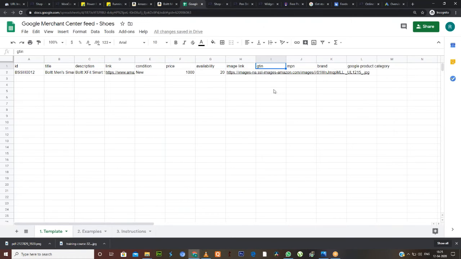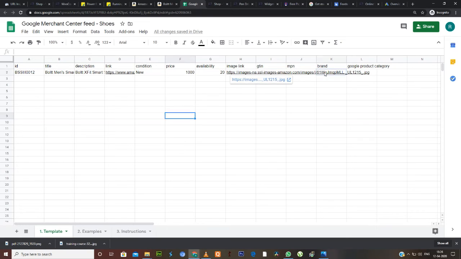Okay. Now coming to GTIN and MPN. GTIN is Global Trade Item Number, and MPN is your Manufacturer Part Number. If you are selling for any international company, then these things are required, GTIN and MPN. As we are selling only in India, these things are not required. The international products which are being shipped to different countries are going to have these numbers. So for us, it is not required.